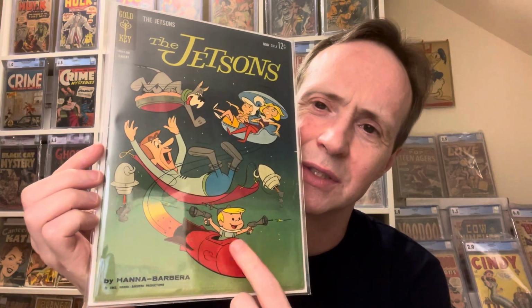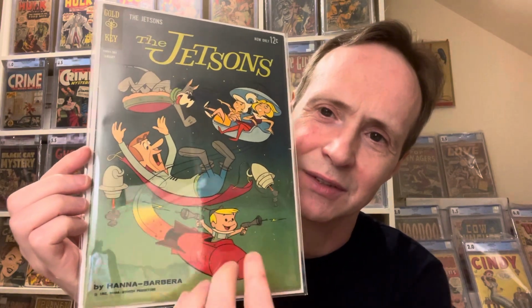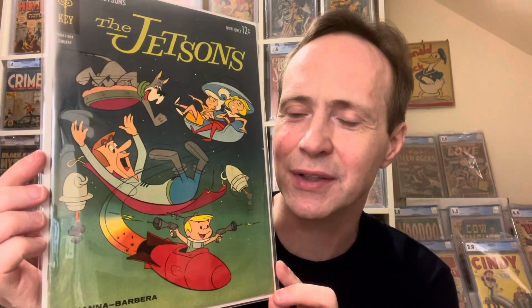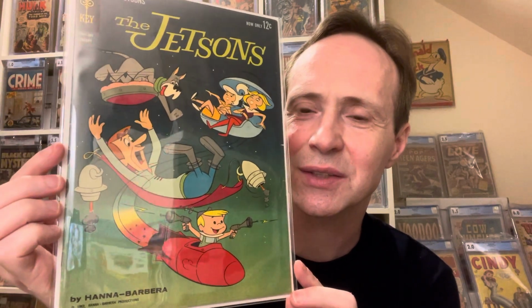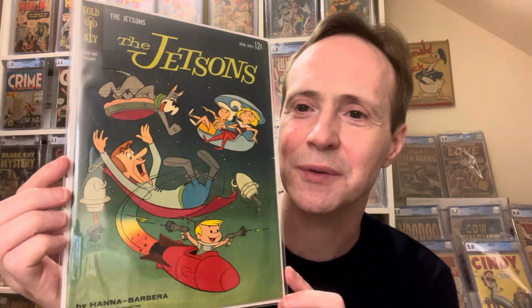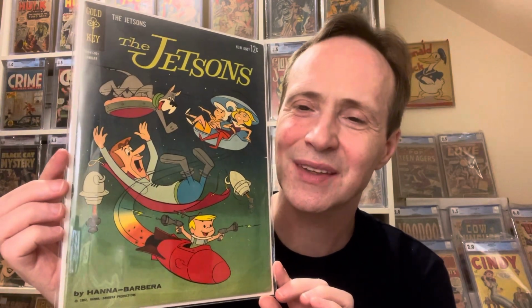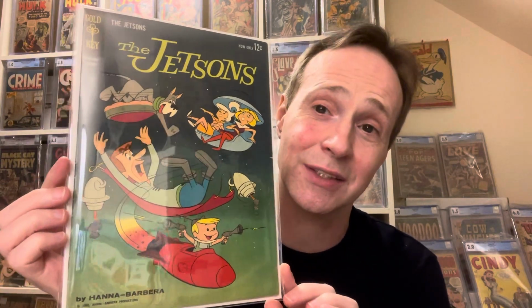But yeah, so this little boy, he's being a little bit mischievous. He's kind of zooming around. And his father's in a hammock or something like that. And his little son is zooming around under him, causing him a little bit of grief. So just a fun comic. This is the Jetsons number 1,